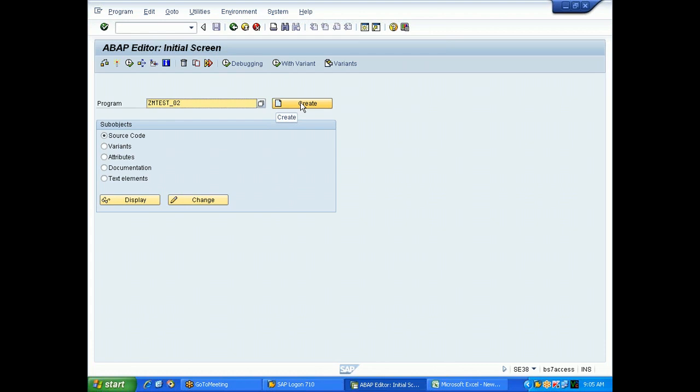Once you get this, try to create one small program. How will you create a program? Come to SE38, enter the program name, click on create. For the first time, you need to enter the developer access key. Then the remaining process is common. From the next time onwards, it won't ask.